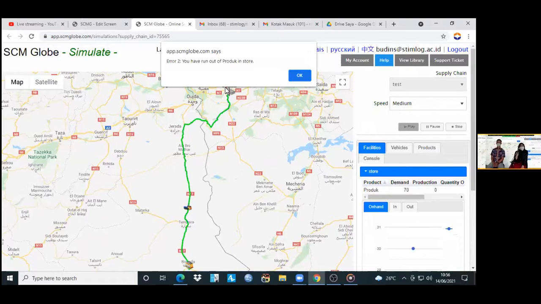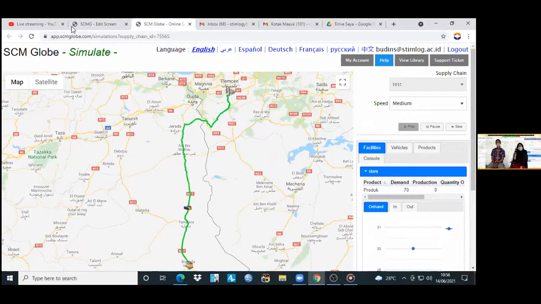Okay, there's an error notification, and then you can solve the error and go back to the main page.